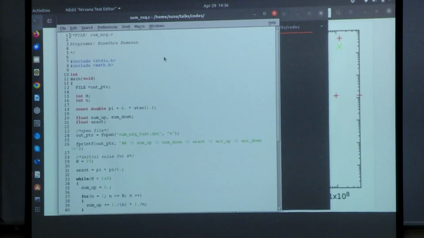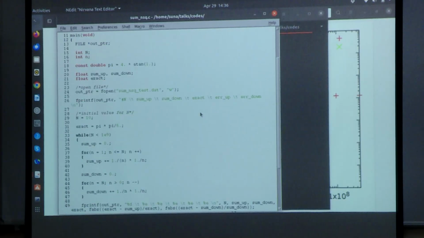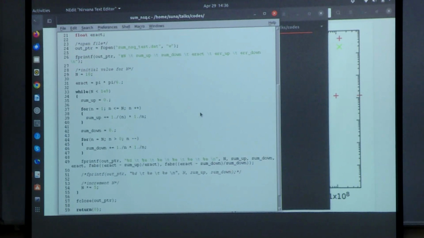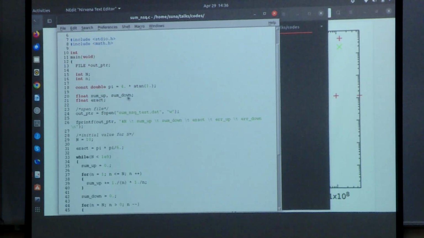Okay, so that's my code, and you see I have not done anything too sophisticated. I've just given a maximum n which is 10 to the 9. I could have improved it if I had considered it as a real number, but I didn't care about it. Everything has been given in single precision except pi. Pi I thought I'll give in double precision.